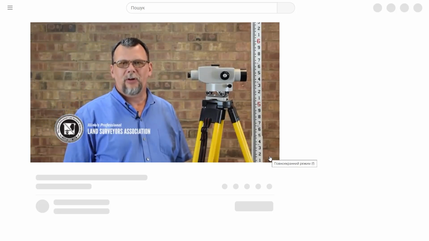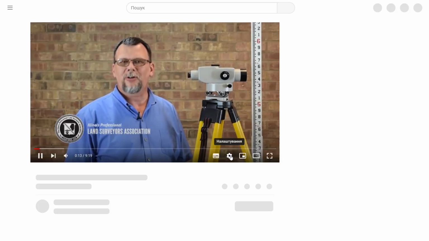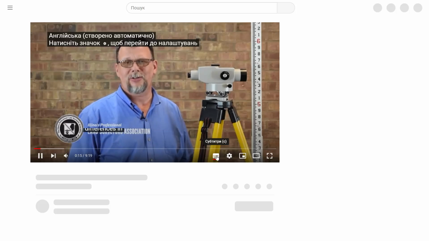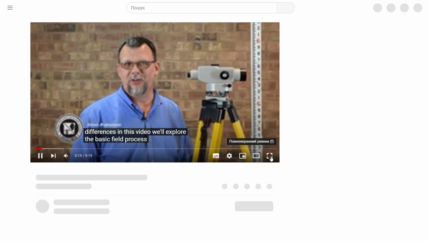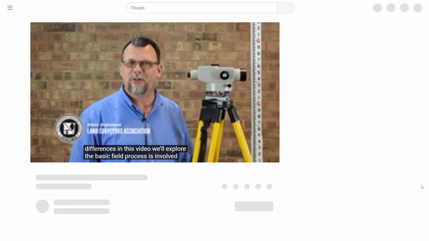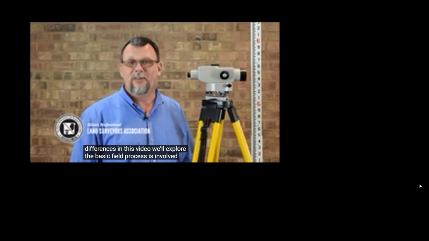Equipped with a leveling rod and an instrument, we can measure elevation differences. In this video, we'll explore the basic field processes involved in measuring and then computing